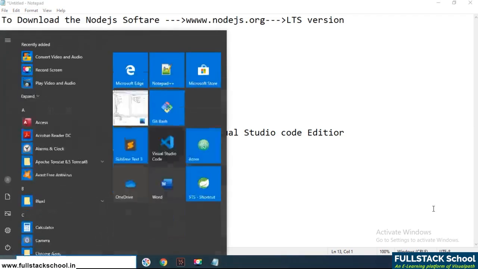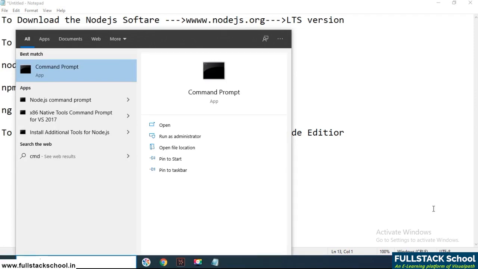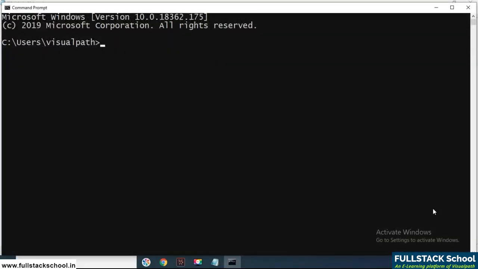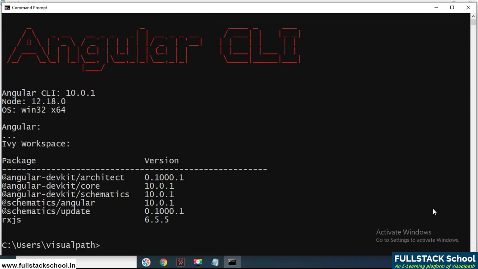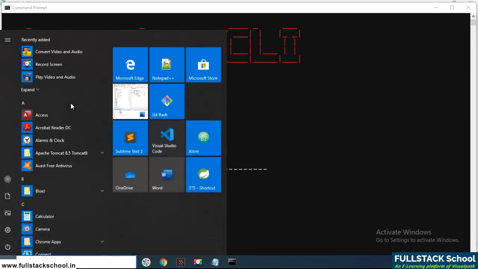To open the command prompt window, we use the command cmd, and we check the version of Node, and along with that the npm version, npm space -version, and the Angular CLI version also, ng space -version. In this system we are using Angular CLI 10.0.1 and Node version 12.18.0. And to open the Visual Studio Code,